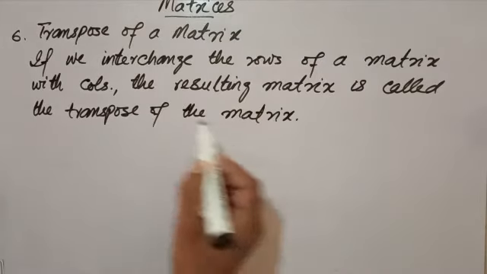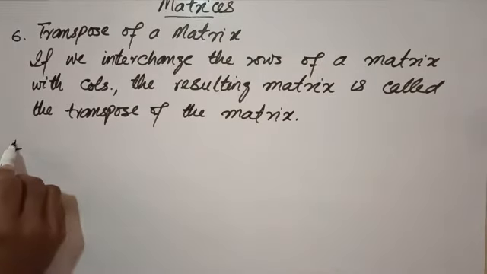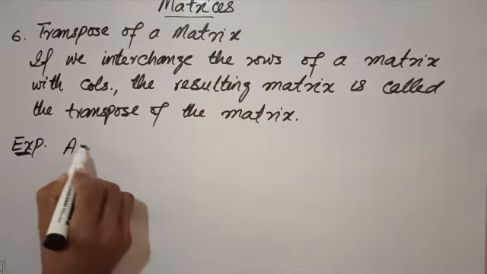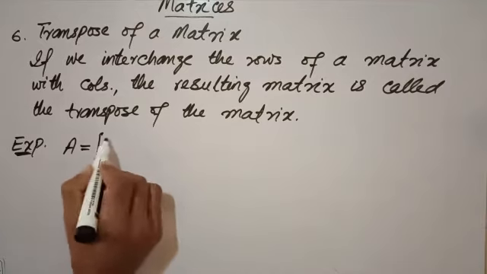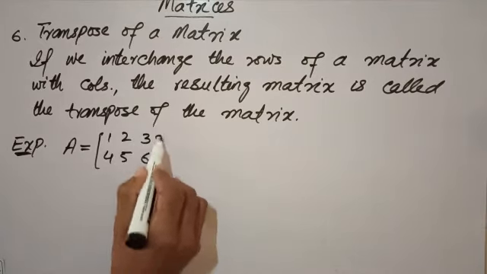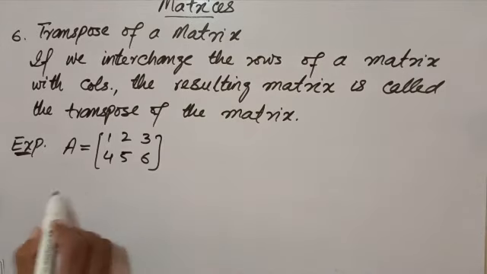For example, if we have the matrix A: 1, 2, 3, 4, 5, 6, then its transpose